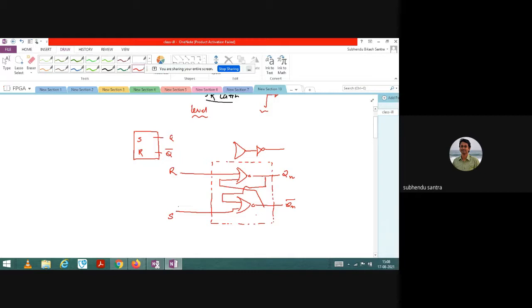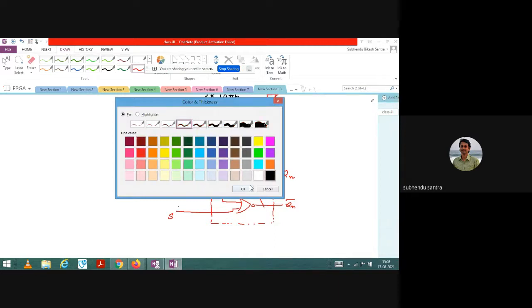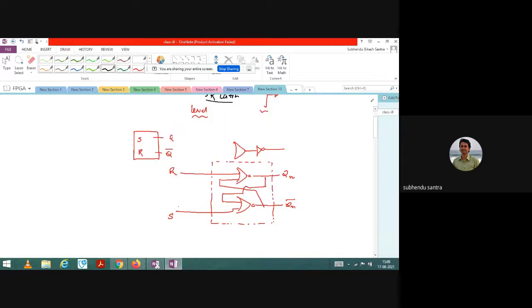But the thing is, how do I write code for this? Let us discuss as per the diagram. R is the input, and the other input is the output of the other chip. If this is chip number one, this is chip number two.